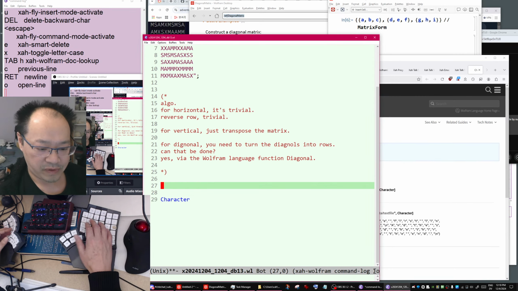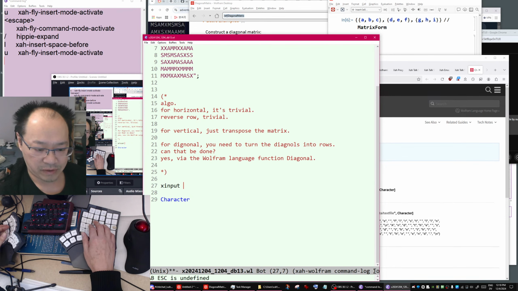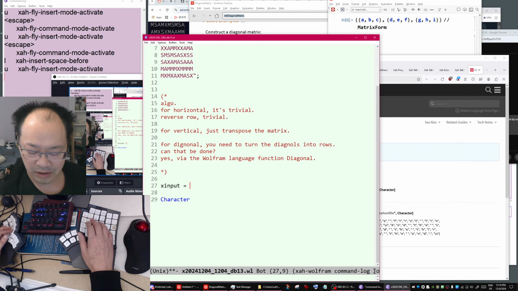First, x input equals, we turn it into a matrix. StringSplit, which by default splits by whitespace. So X input, you got that.